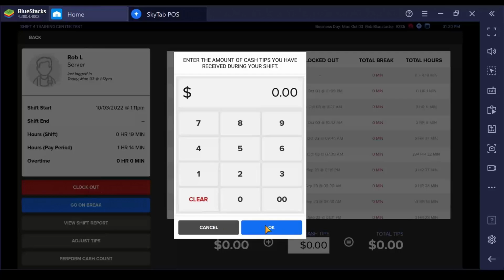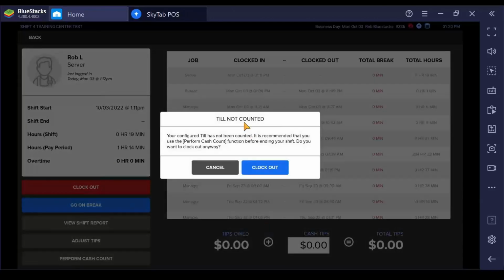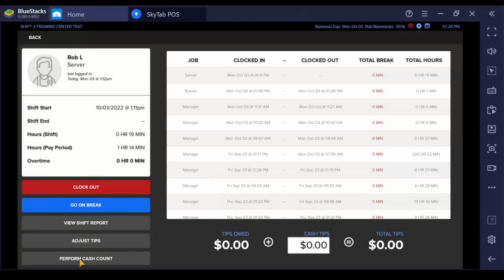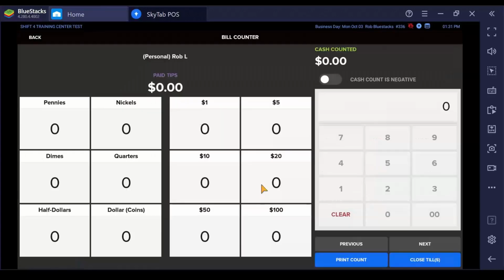I'm going to go ahead and declare the amount of cash tips that I had. And as you can see, SkyTab's going to give me a warning and said, you've not counted your till yet. So I got to cancel that, and I need to perform a cash count. Remember that $20 personal till? I need to settle that up. I need to make sure that the house gets the money that I collected from them for that drink that I sold earlier. So if I select perform cash count, we can see that I have my bill here,